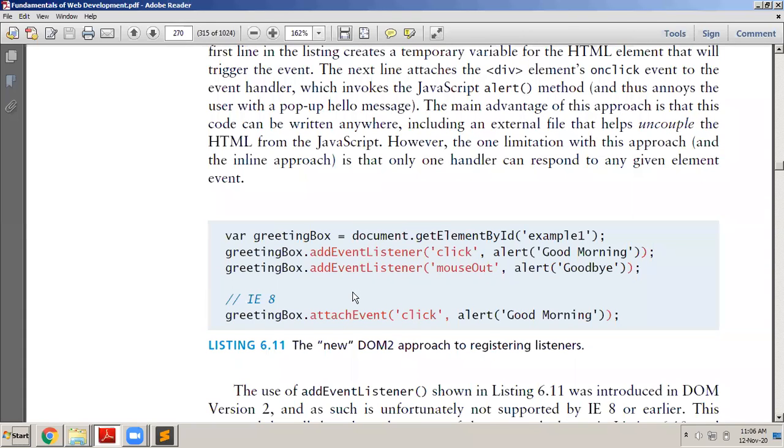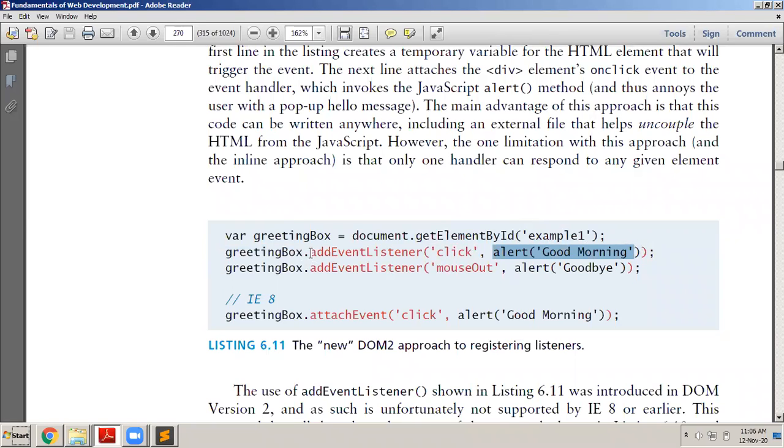This is another way of doing it. This is the DOM2 method of doing it. You first access the reference of a particular div tag. You do document.getElementById. Example one is a div tag, and its reference, its object, you take into greeting box. Now this greeting box, I can use it to change the content, I can change its style, all that. But what I am doing now is I'm adding a listener. When this div tag is clicked, do this.